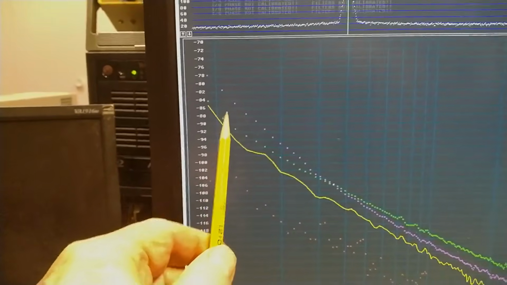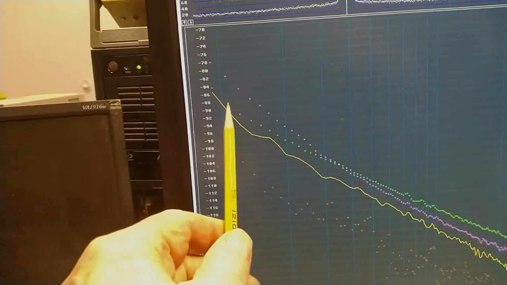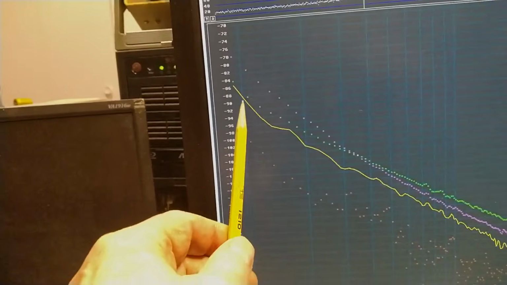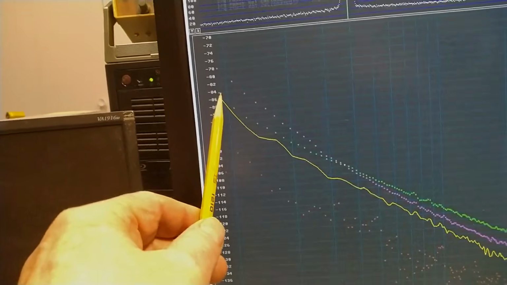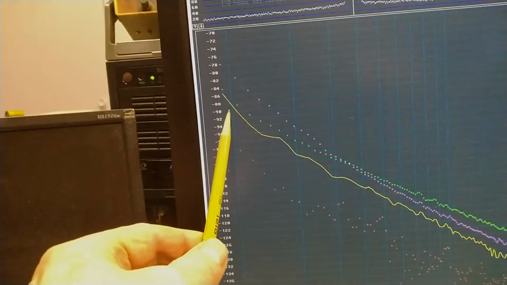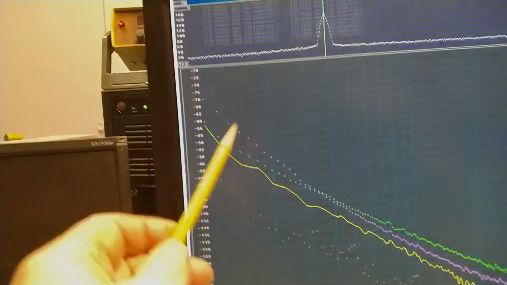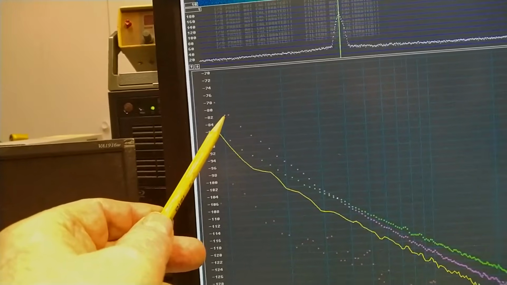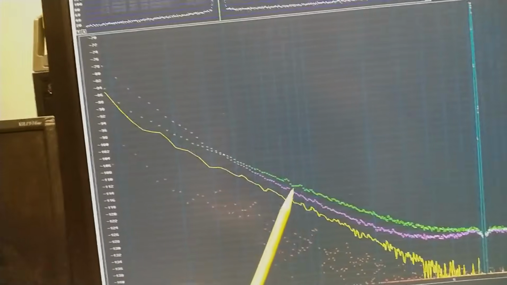It is clear that the channel 2 oscillator is much noisier than the one in channel 1. The difference is about 6 decibels, and that makes the convergence slow for computation of the noise of the investigated unit. It looks like -90 if I try to estimate where the straight line is. And it's clear that the channel 2 oscillator has some phenomenon creating noise close to the carrier, and it is better than the Wenzel oscillator above